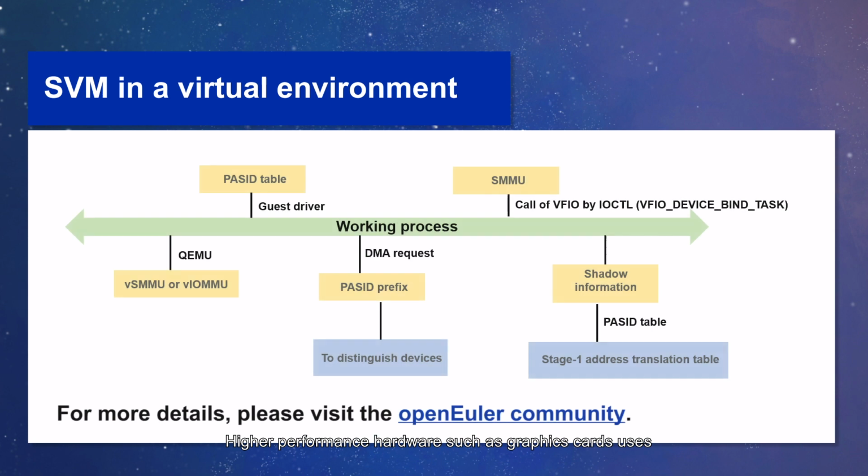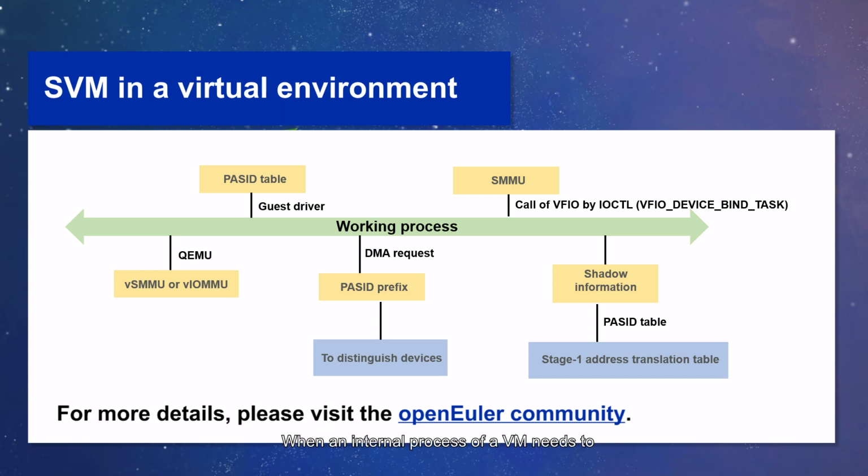Higher performance hardware, such as graphics cards, uses DMA to access memory directly. In a virtual environment, all memory addresses are remapped by virtualization software, such as openEuler, which causes the guest OS to fail to access memory using DMA. However, IOMMU can handle this remapping, allowing drivers to use DMA to access memory from the guest OS. To implement SVM in virtualization scenarios, openEuler needs to simulate a vSMMU or